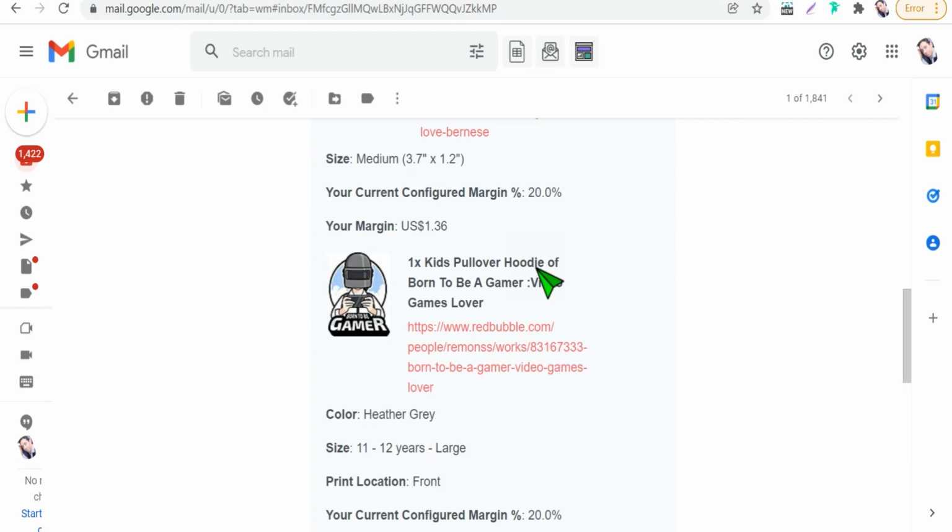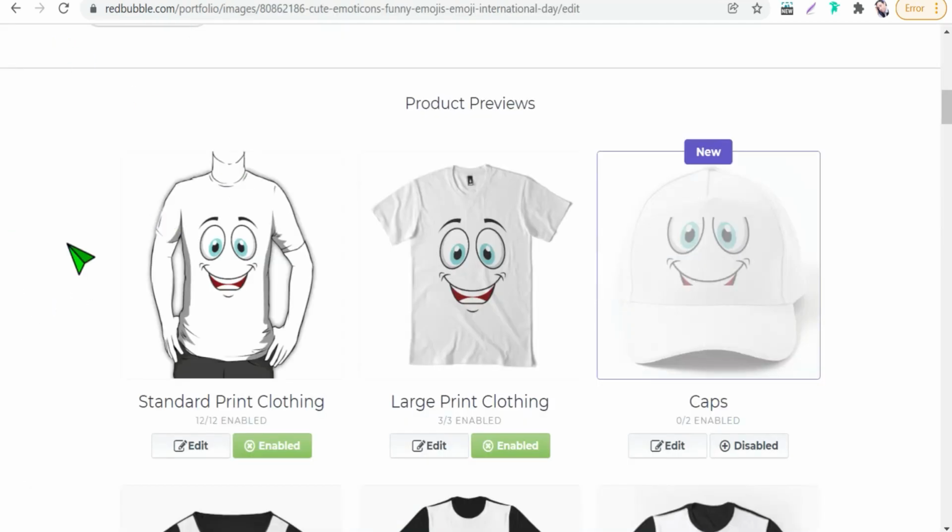Okay, and if you don't know how to make this activation or enable this item, go to your Redbubble and after uploading your design, like this one, happy emoji, just go to the first template of standard print clothing. Okay, just click over edit,